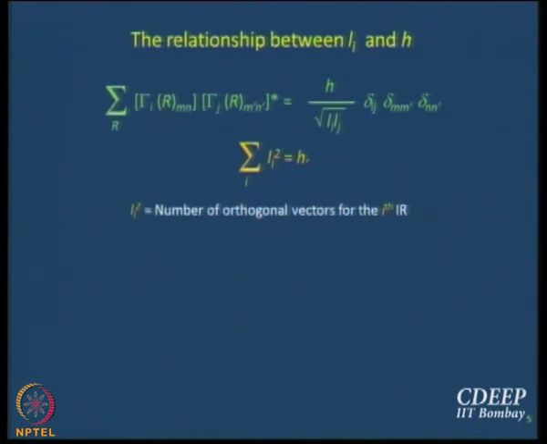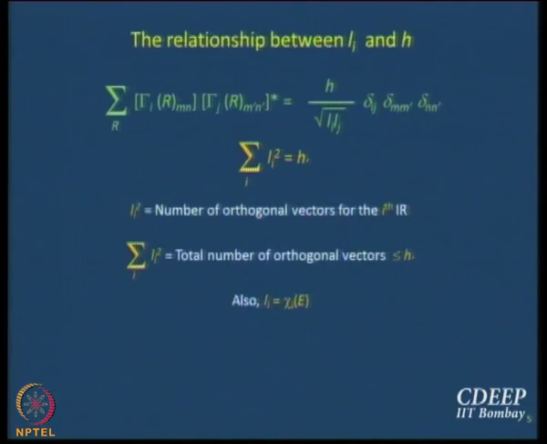Each matrix is Li by Li, so Li square is the total number of matrix elements. If you take a sum of that, it will give you the total number of orthogonal vectors. From the property of orthogonal vectors, it is not very difficult to show that this total number has to be less than or equal to H. So H is really the upper bound on the sum over i of Li square, but in this case we can show that the sum over i of Li square is equal to H. The inequality is actually an equality here. We will come back to the derivation after midsem.